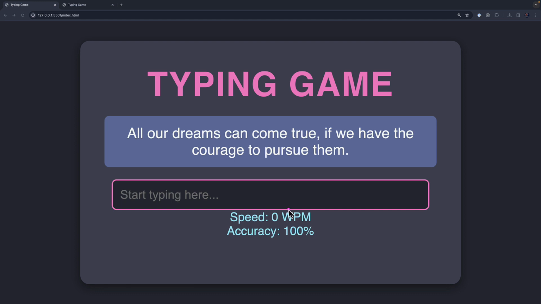The main logic is about WPM. What does it mean? WPM stands for words per minute, and that is a measure of typing speed. It indicates how many words a person can type in 1 minute, and this is commonly used to assess typing proficiency. At the moment, we have 0 for the speed, and then the accuracy is 100,